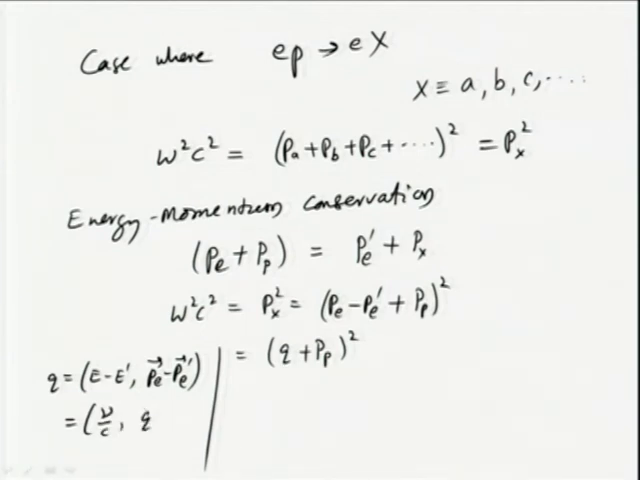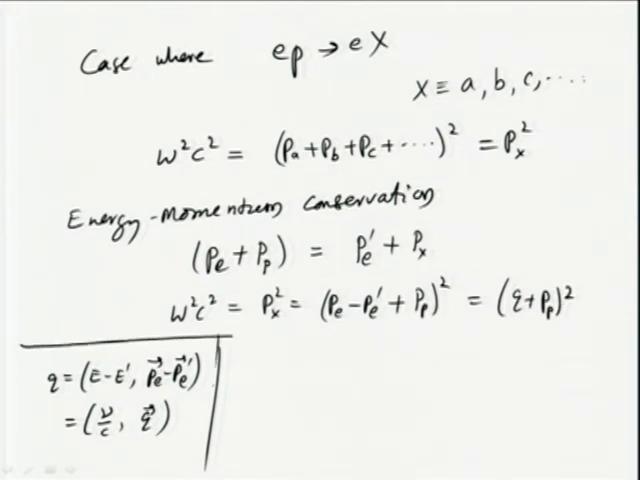and we had already denoted Pe 3 momentum minus Pe prime 3 momentum as Q, the momentum transfer. So, for clarity, let me write it here as Q plus Pp square. All right. So, what we said is that W square c square is essentially the mass of the combined system,